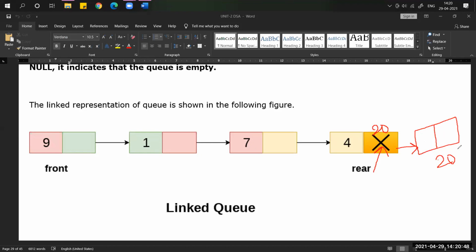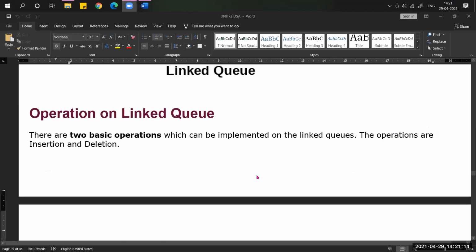Since this node is connected to the previous one, it becomes the last node. That's why now the next field should be null. Because if we add our new node at the end, it will become the last node in the queue. That's why we kept the next field as null. Now what is our new node name? Always PTR. Always the new node will be called PTR.